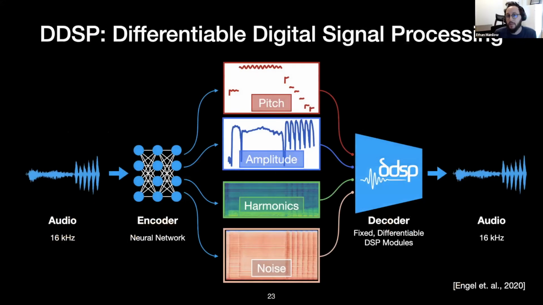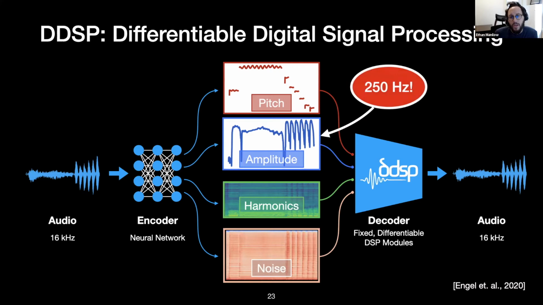As you can probably guess from the name of the project, the audio synthesis happens with DDSP components. DDSP stands for Differentiable Digital Signal Processing and allows neural networks to learn how to synthesize audio by manipulating a simple set of DSP elements, such as a pitch contour, amplitude, harmonics, and noise components of a single note audio excerpt. These four elements are called the synthesis parameters, and they happen 250 times a second. What's happening here is the neural network has to analyze these elements of the music so that it can synthesize them. The original DDSP autoencoder used in MIDI DDSP is what's called an analysis by synthesis module.